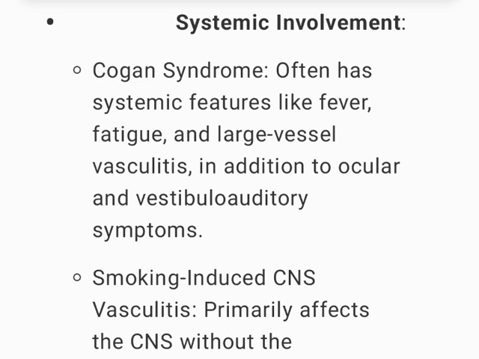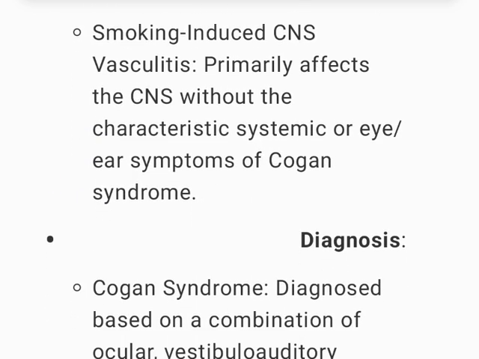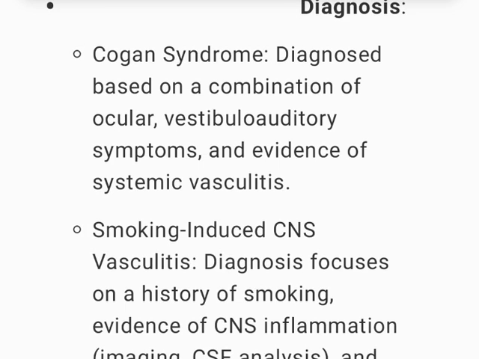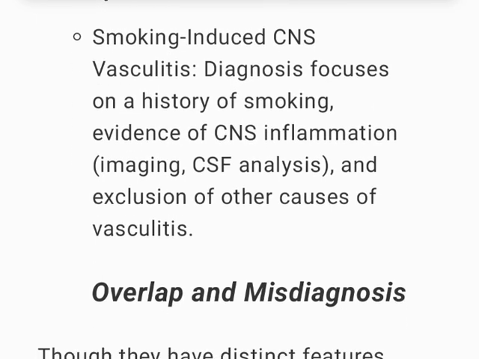Smoking-induced CNS vasculitis primarily affects the CNS without the characteristic systemic or eye-ear symptoms of Cogan syndrome. Diagnosis: Cogan syndrome. Diagnosed based on a combination of ocular, vestibulo-auditory symptoms and evidence of systemic vasculitis. Smoking-induced CNS vasculitis. Diagnosis focuses on a history of smoking, evidence of CNS inflammation, imaging, CSF analysis, and exclusion of